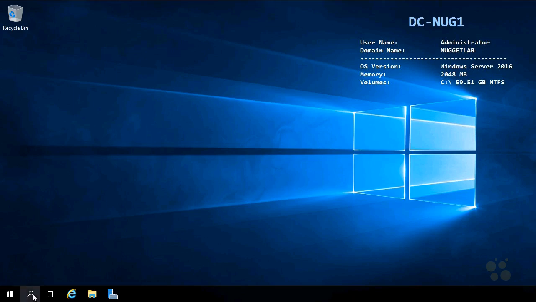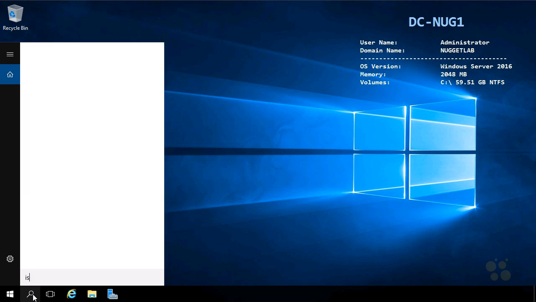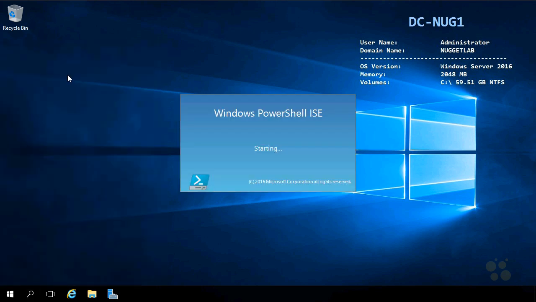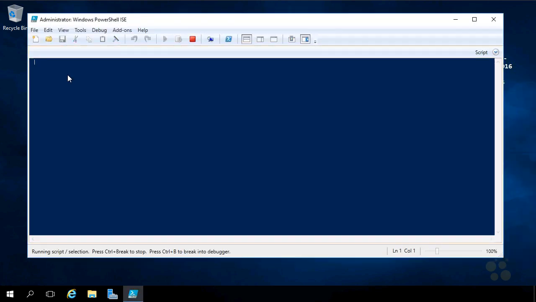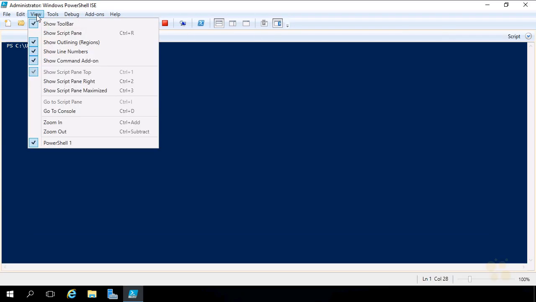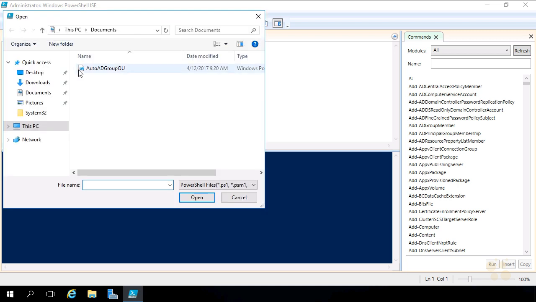And let's begin by creating an organizational unit and a group and some users within that organizational unit. And let's leverage the automation that we did in the previous nugget. So go into your ISE and let's load the script that we had for creating an OU and a group and users. So remember, we'll go to View and show the script pane. And then we'll use the Open button to grab that Auto AD Group OU script that's inside of your Documents